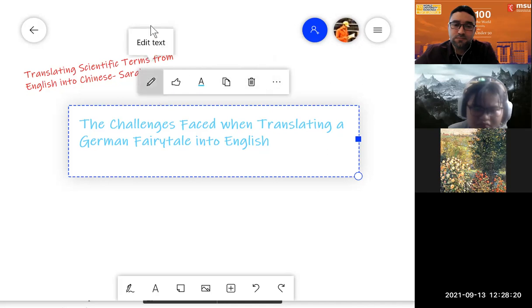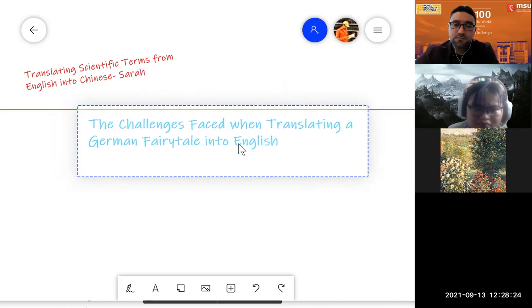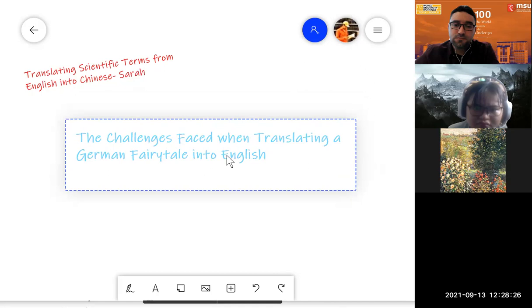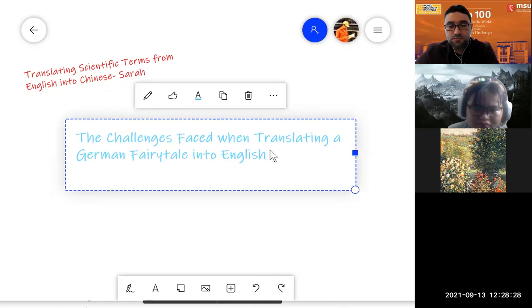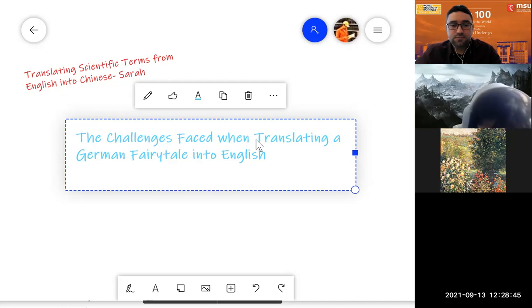German words also have very long compound words that in English you can separate into a sentence. So I want to highlight those challenges faced by a German to English translator, because if they do not understand the grammar parts of the German language, also